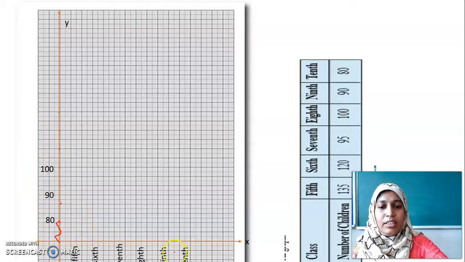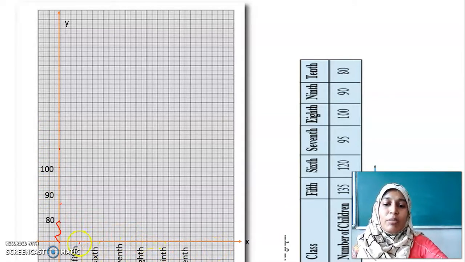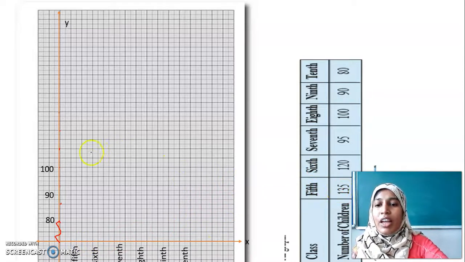Now along x-axis, I am going to describe this x-axis with different classes. So let me start with first class. What is first one? 5th class. How many children are there in 5th? 135. Where will I have 135? 110, 20, 30, 140 will be here. So between 130 and 140, I will have 35. I should not draw here, my dear children, near to it. I am leaving this one single bar near to y-axis. From the next box alone, I am drawing this horizontal line. This is 135.